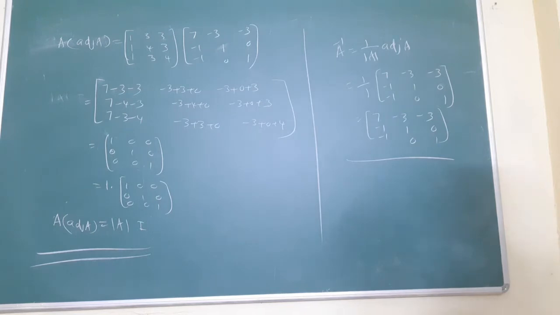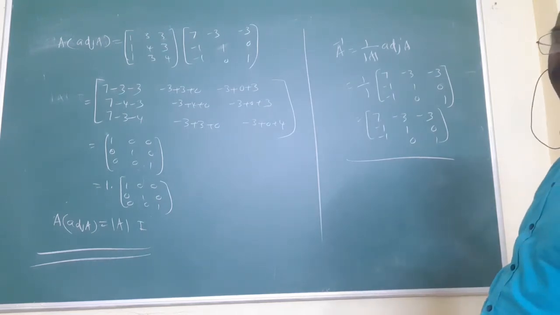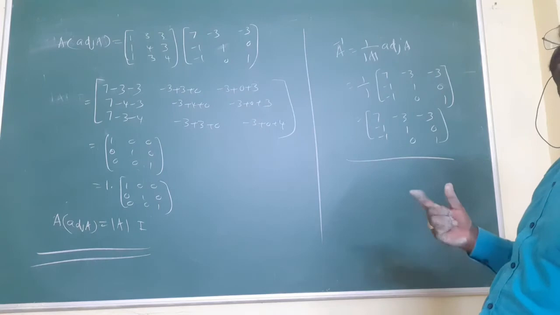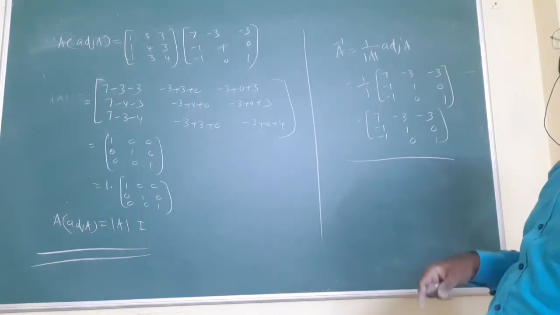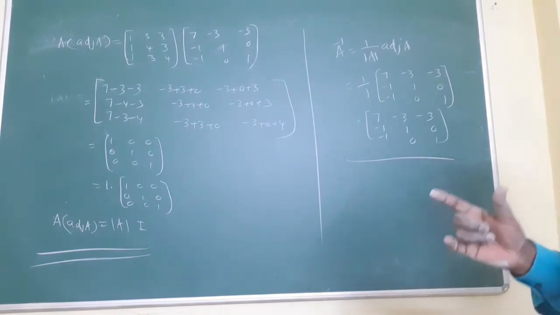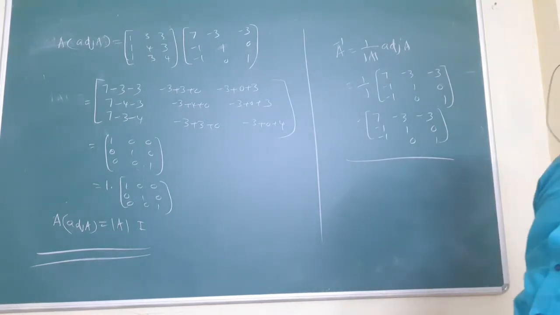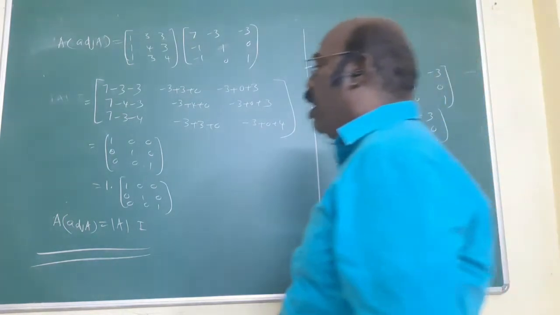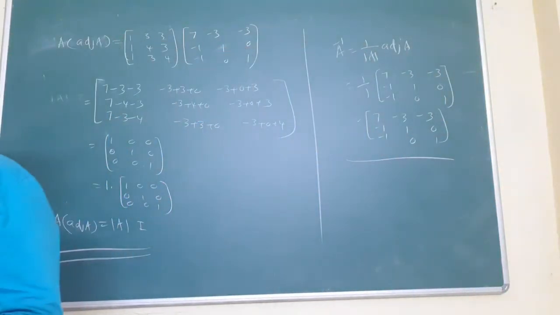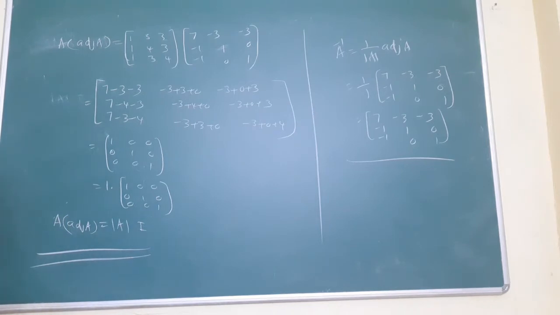To find the adjoint, what is the easy method? In the book, to find the cofactors one by one is lengthy, columns will come, two pages will come. In the bracket, you write the suitable element by cross multiplication. This is the easy method for you. And A inverse was also asked. That's all, we discussed this.